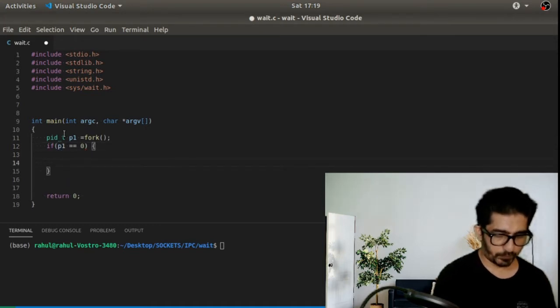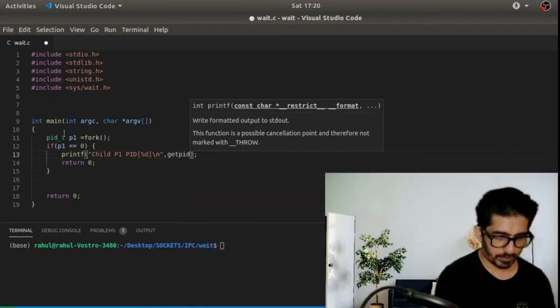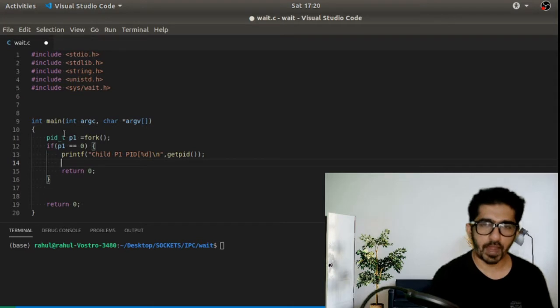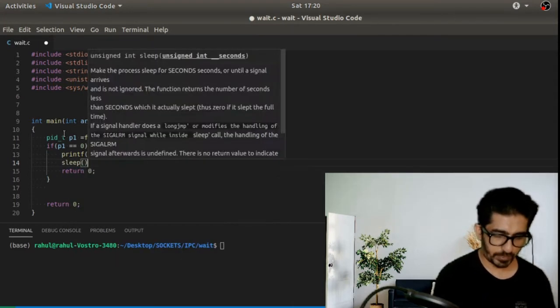We have to return from the child process also, and then we need to print the PID of this child process, so child p1 PID is equal to getpid(). After that we need to add some sleep to monitor our child process.